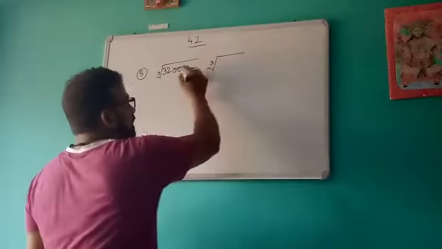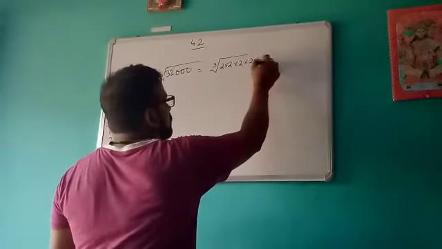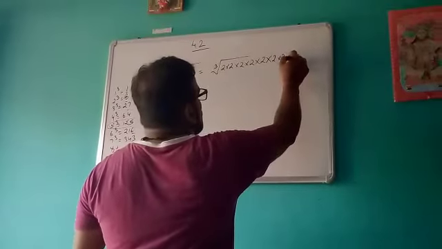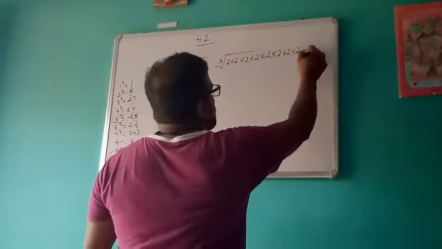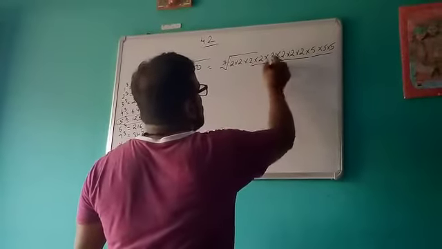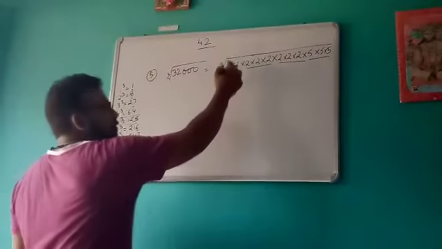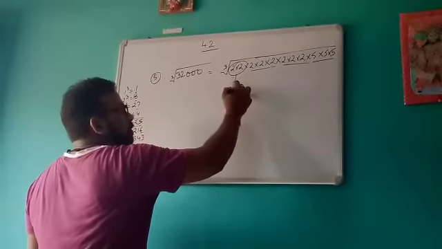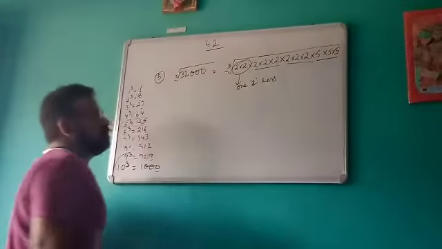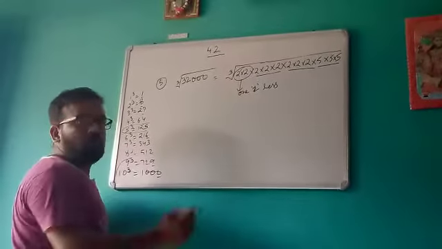First we will write it like this: 2 into 2 into 2 into 2. So one group, two group, three group. Okay, so it will be its prime factorization. So when you see carefully, this 2 into 2 has one, two less. So that means it needs one more 2. When it has one more 2, then it will have a pair.